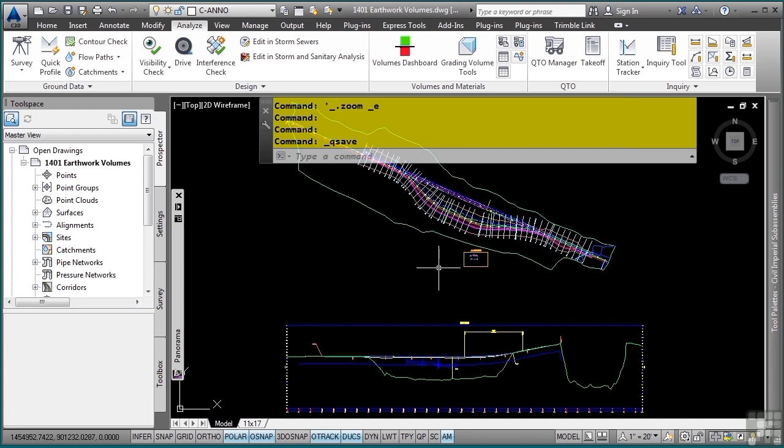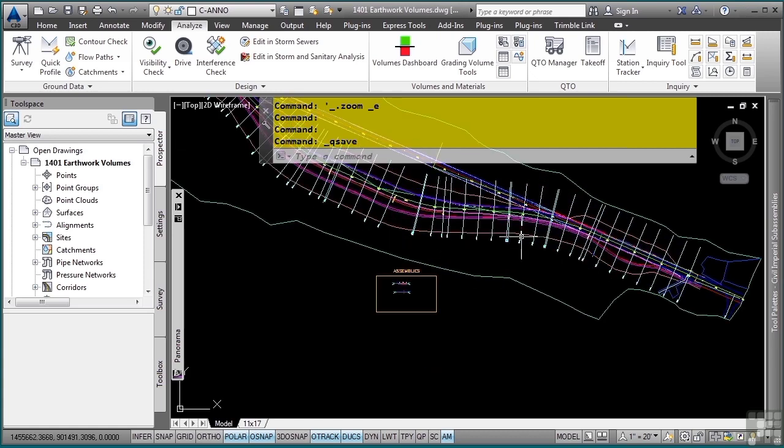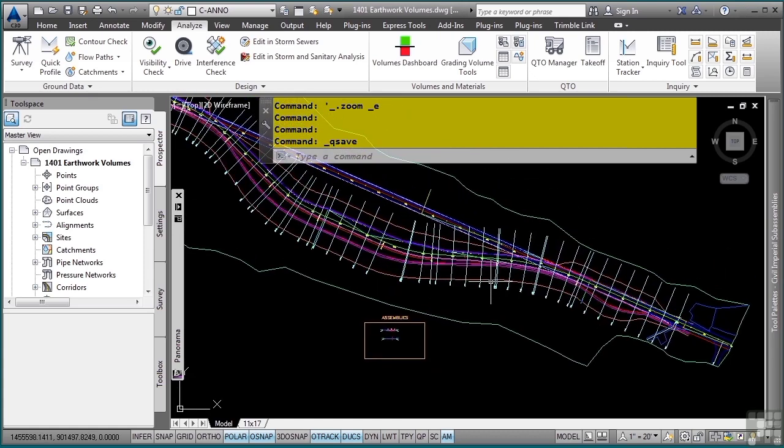as well. The first thing we want to do is actually create a new sample line group that will sample the sources that we want to report on in a separate sample line group. We already have one that we use for creating cross-section views, but let's create a separate one that will be